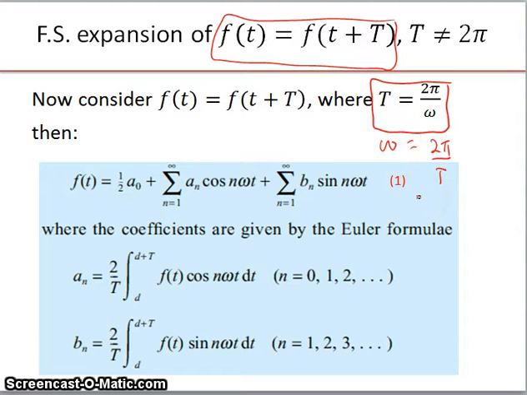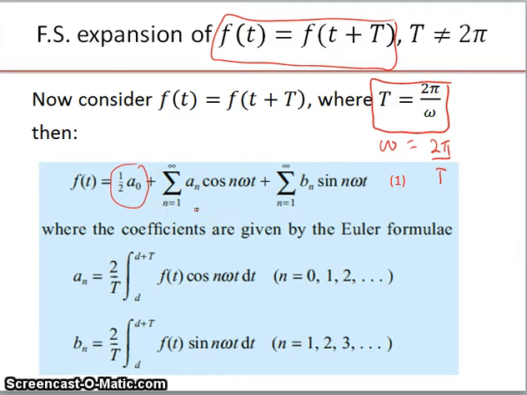Because as we knew before this, in order for us to do the Fourier series expansion, we should know the terms of the Fourier series expansion. Okay, so in order to find the terms, here is the formula. This equation shows a formula of Fourier series expansion using trigonometric form when T is not equal to 2 pi. So you can see first, the first term is half a naught, where a naught is actually the coefficient of this Fourier series expansion, and the second